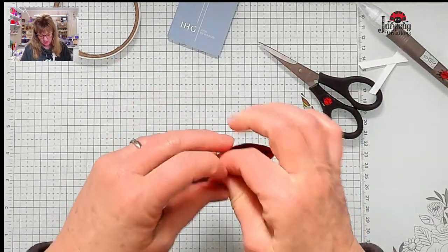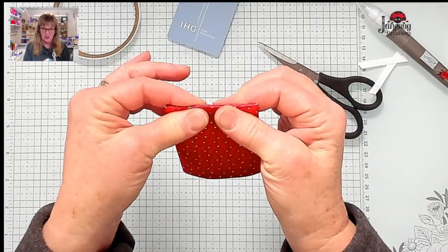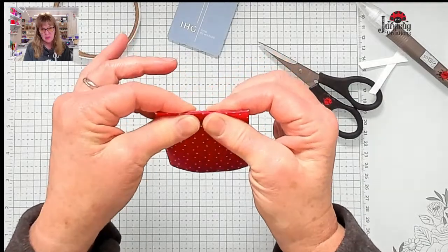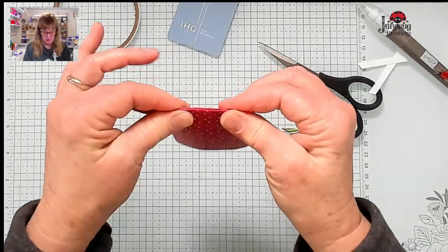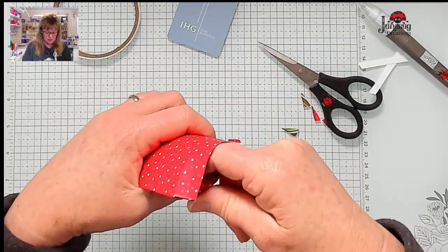All right, so we want to go ahead and glue this down because we're going to be gluing this together. And if that paper wasn't glued down, then it would end up popping open. All right, but this side, well, let's just do it. And we'll miter these sides too,